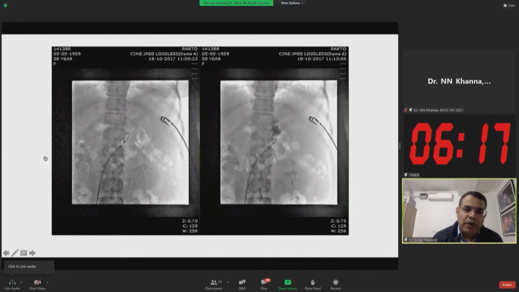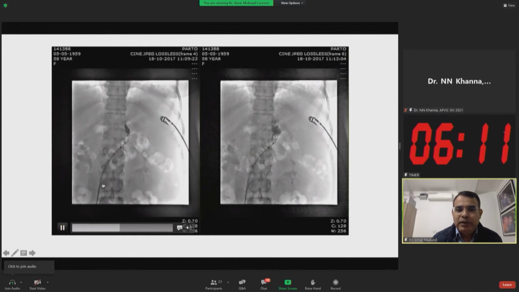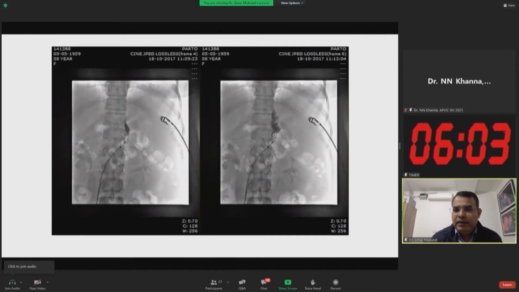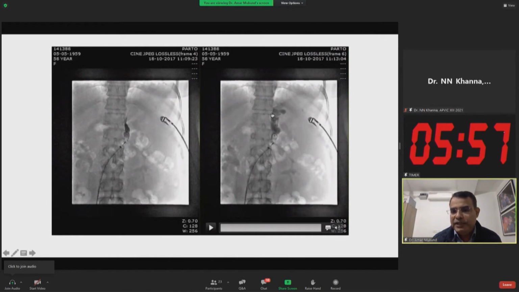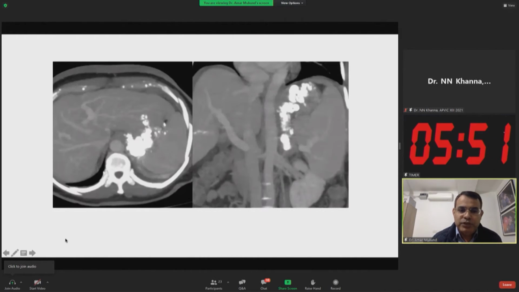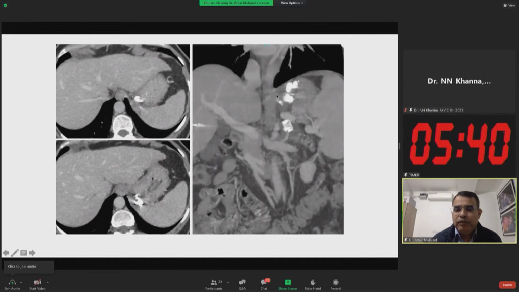So what do we do? We coaxially place a small microcatheter beyond it and put gel foam into it. This will close the pores of this vascular plug, and gradually we can start injecting the sclerosing agent, and this is how the sclerosing agent will fill these varices. You get such a picture, and this is what the sclerosing agent looks like. It is mixed with Lipiodol, and this is how it looks. And this is a 6-month follow-up CT scan where you see there is a complete obliteration of these varices.